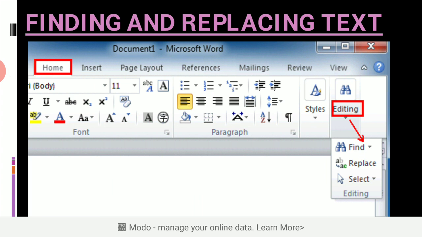Next is finding and replacing text. Suppose you are writing a letter and you want to find your text. Click at the beginning of your document. Click on the Home tab on the ribbon. Click on the Replace button. You can find and replace text from here.